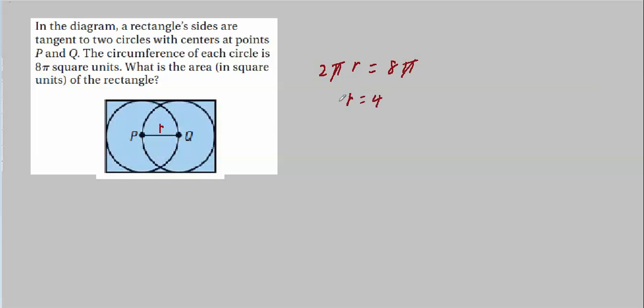But the diameter for each circle is the same, meaning the radius for each circle is the same. We can draw, since the radius from, say, P to the circumference of this circle is R, well, this is the center of Q right here, so the distance from here to the circumference, that's also R. And they tell us that these sides are tangent, so the distance from here to this side is also r. They touch right there. They share that point. And we get the same thing here. This is also r.